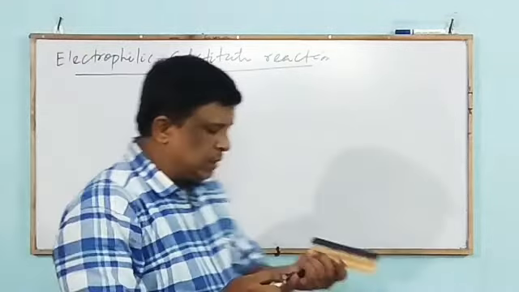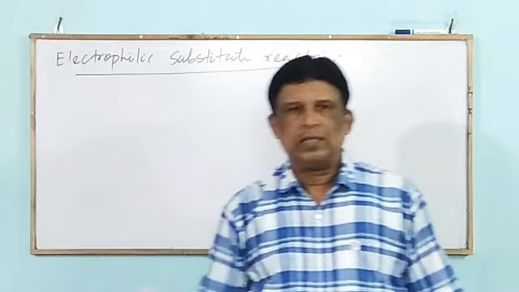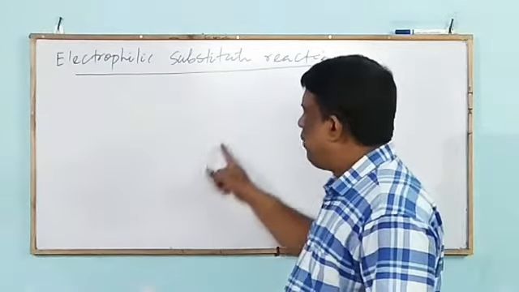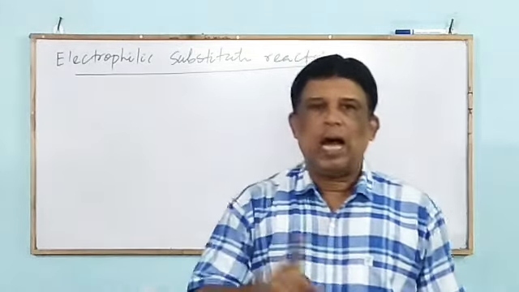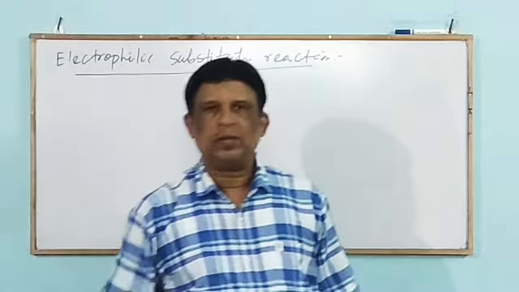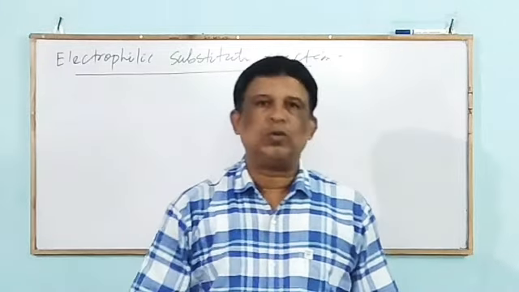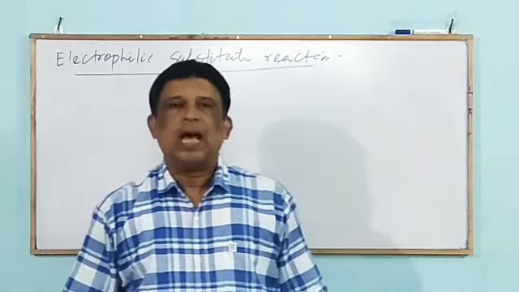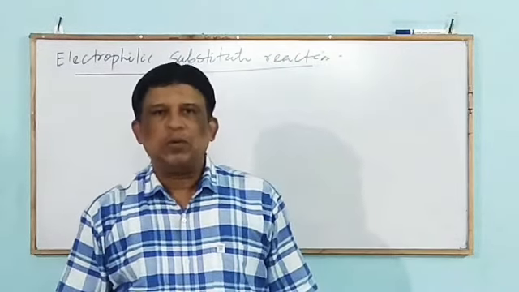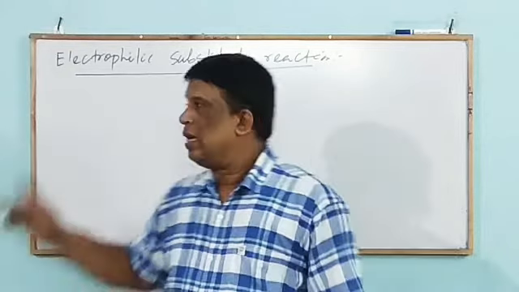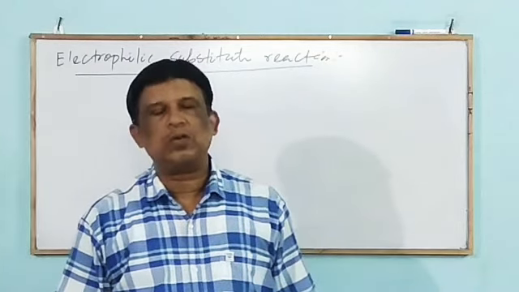We already marked that while writing the resonating structures of aniline. We observe that the lone pair of electron density is much more available at the ortho and para positions with respect to the NH2 group in aniline. That's why the amino group, NH2 group, is an ortho and para directing group. Due to this strong activating group, aniline undergoes electrophilic substitution reaction quickly.